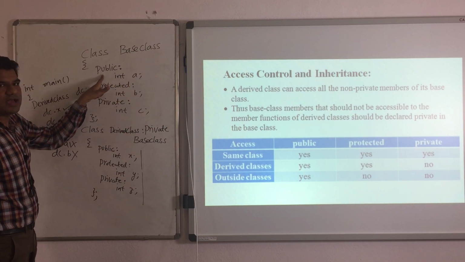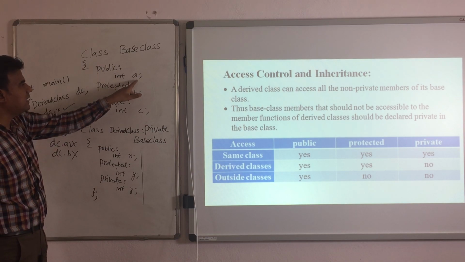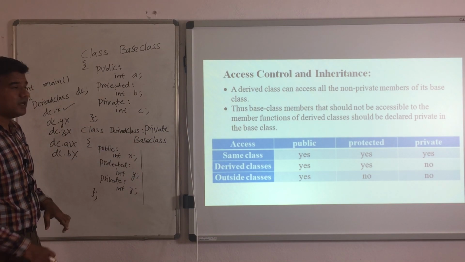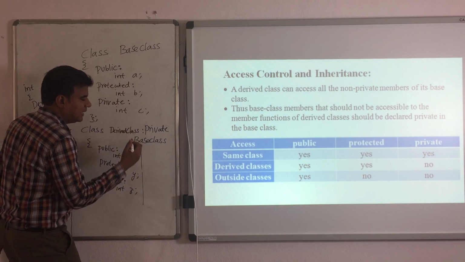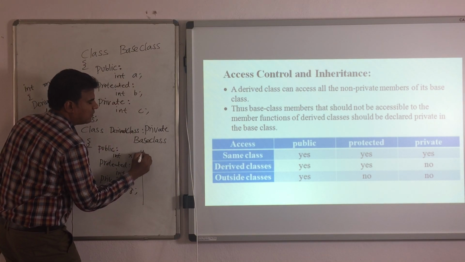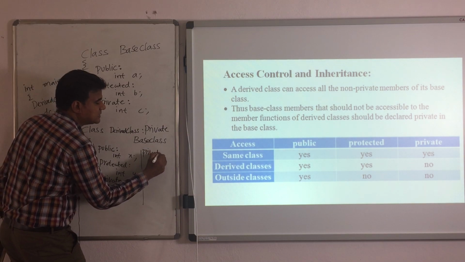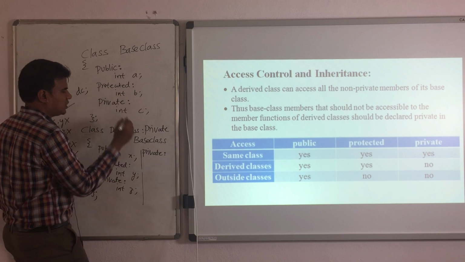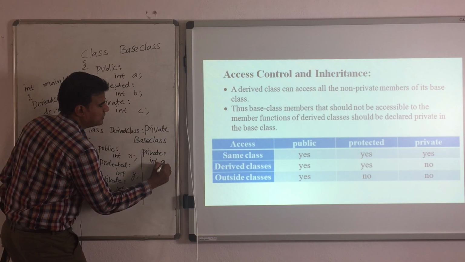A has the public access modifier. Can I inherit this A into my derived class? Yes. After inheriting A into my derived class, what will it become? It will become private: private int A.